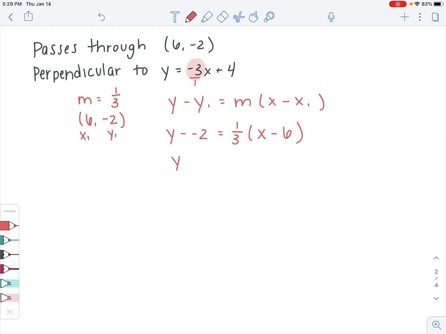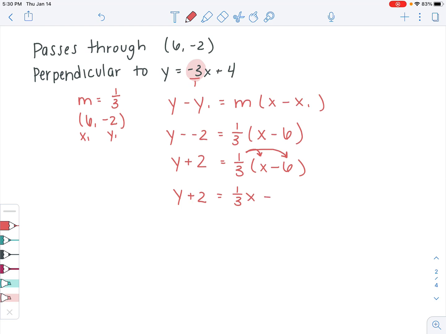So first I'm going to change my y minus -2 to y plus 2 equals 1/3 (x minus 6). I'm going to distribute the 1/3. So I bring down this y plus 2 equals 1/3 times x is just 1/3 x